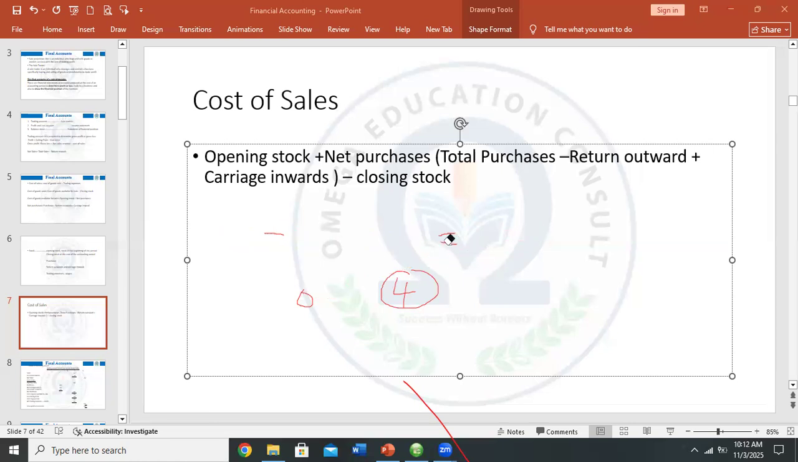Yes, Augustine. Sir, please, I still don't get it. So which part don't you get? Sir, please, the closing stock part. Okay, so